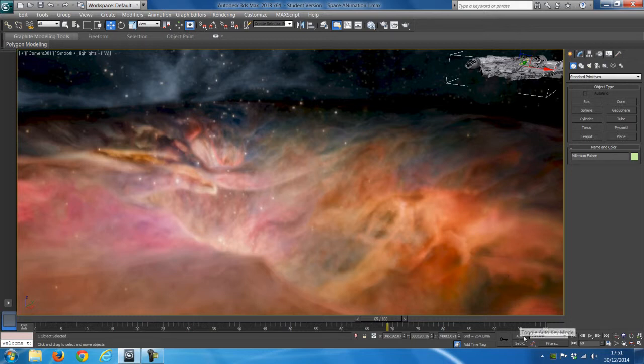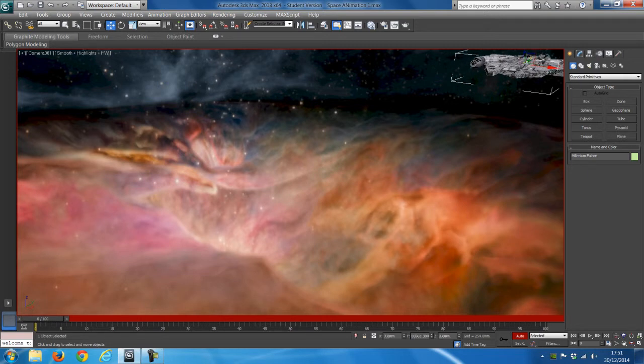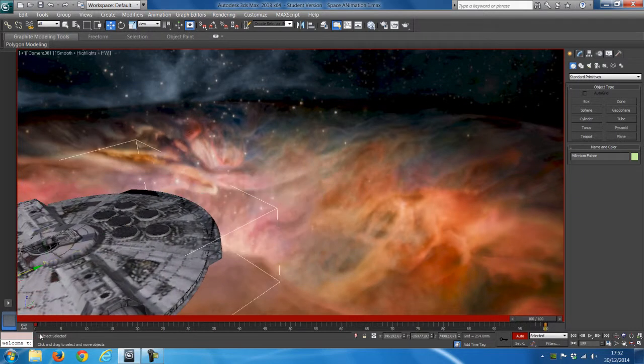What I will do is turn on the auto button, which is the animation, auto, and I'm going to put the time slider to the beginning, and I'm going to wiggle in the Y direction only with the move tool, and it should save an animation keyframe right there. And now I'm going to move it to 100 frames and move it again in the Y direction all the way past,